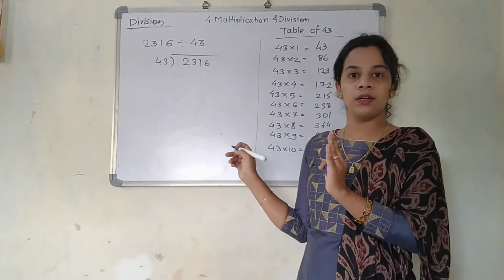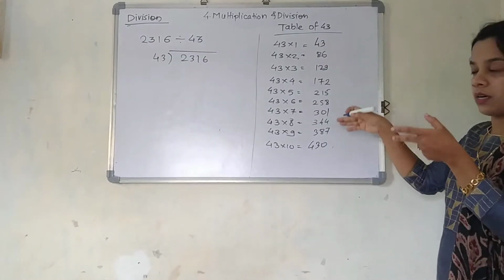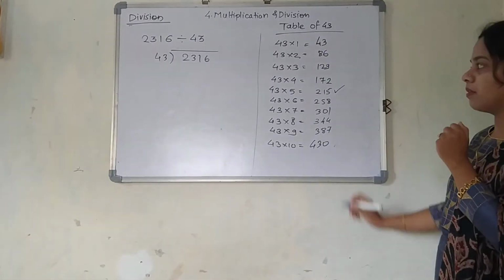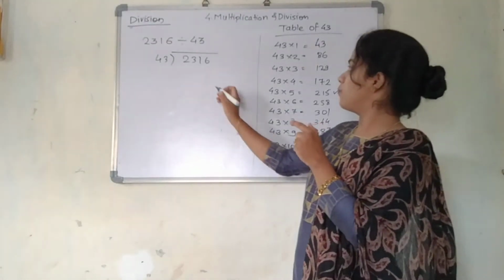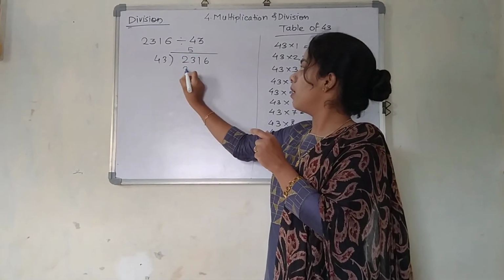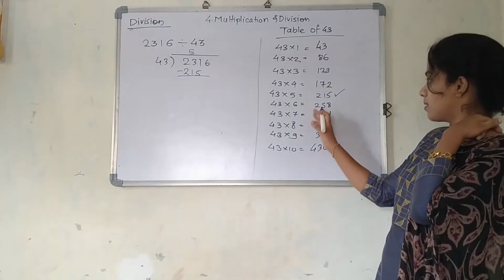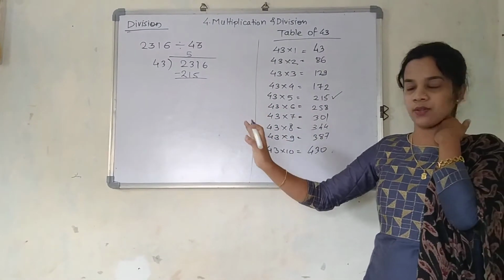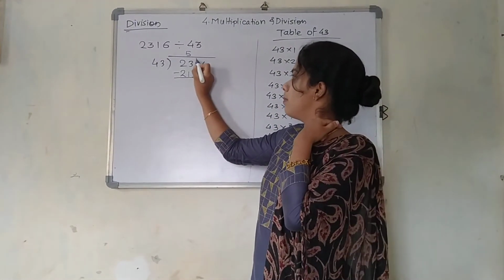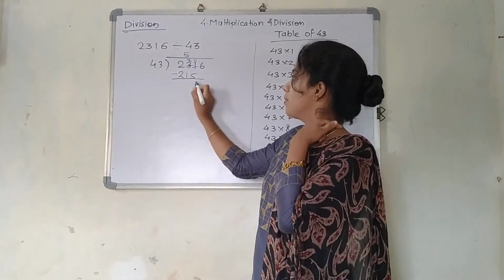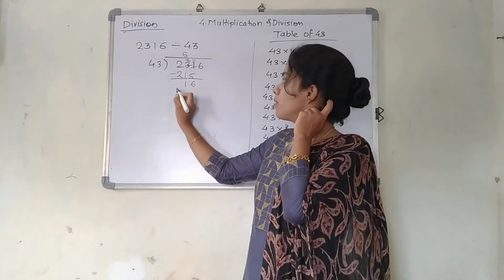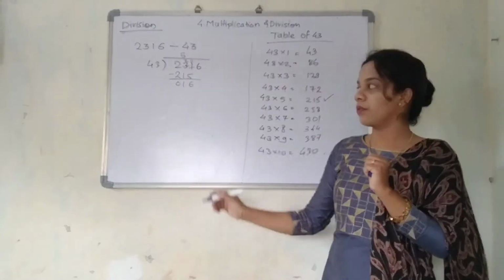So now focus on these three digits, 231. You can see 231, nearby somewhere here. Yes, you can see this number which is near to 231. So it is 43 fives are 215. So do the subtraction, and the next number is 258. So I cannot do subtraction from here. So this will be 11, this will be 2, so it will be 6, 1, 2 minus 2 will be 0.